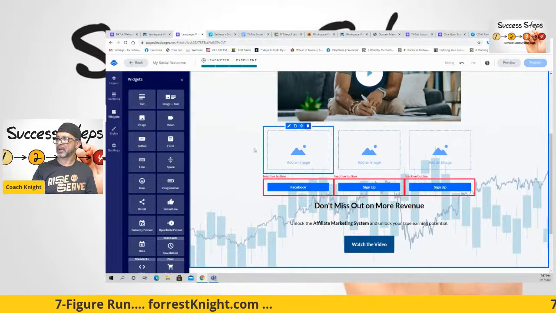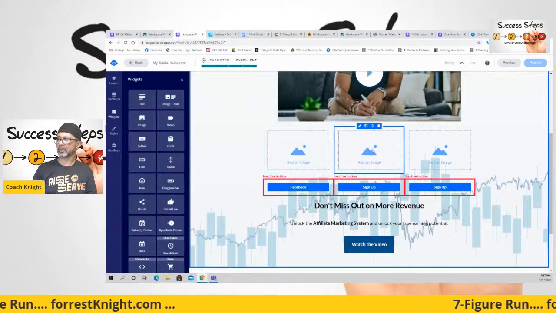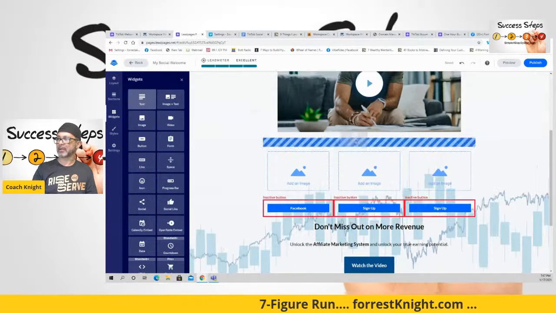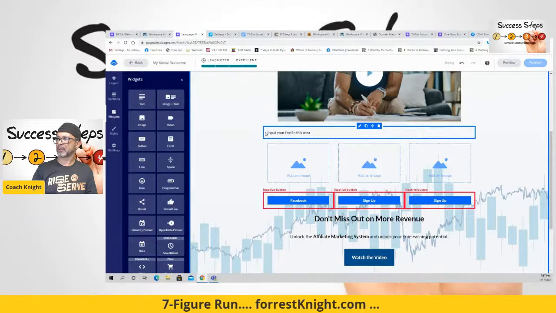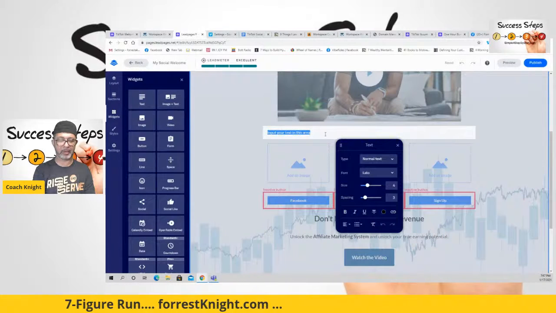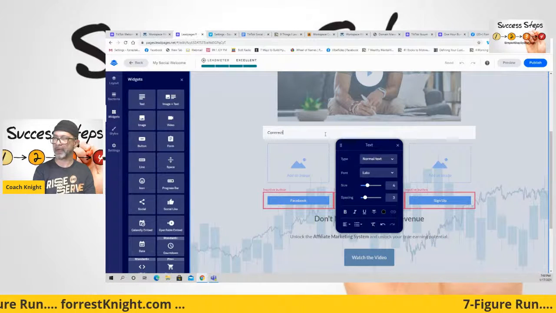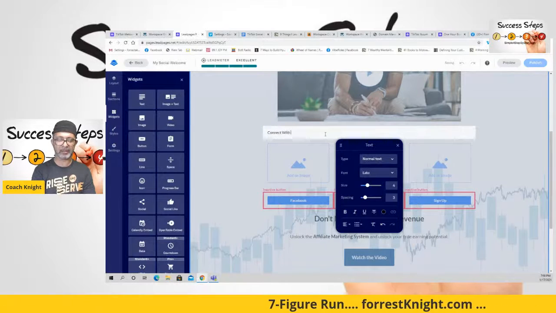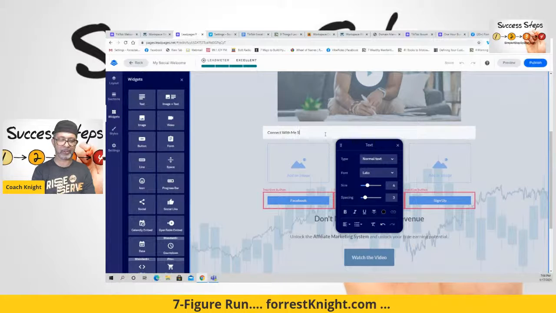I simply copy. I can come in and put the Facebook logo in here, Instagram logo, and maybe the TikTok logo. And then right above it, right in the text area here, I can write "connect with me on social media." I know I'm going really fast, but I'm just giving you guys an idea of how easy this is to build.